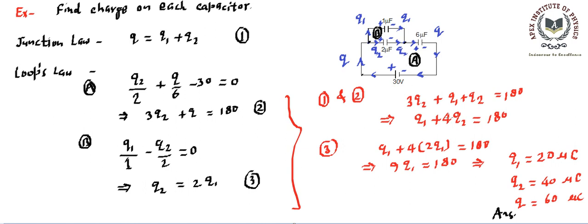Now what happens if some of the quantities would have been negative? In case any quantity would have been negative, the sense that we assumed is to be changed or reversed, right? So first we assume the charge distribution, then we go for the law called junction law, then we go for the loop law, and then we solve these equations to find out the final values. This is how we apply Kirchhoff's laws. And using this, we can solve any type of circuit given to us.